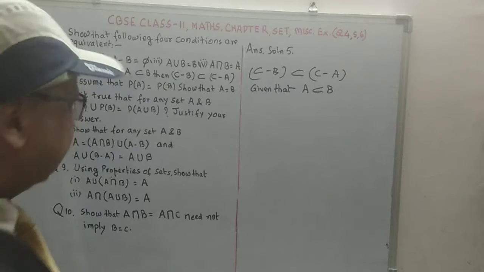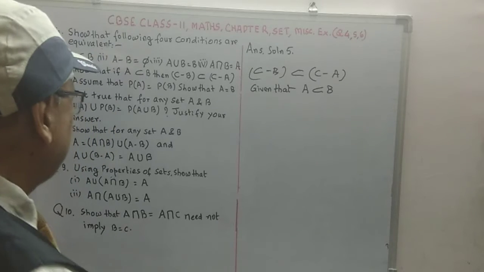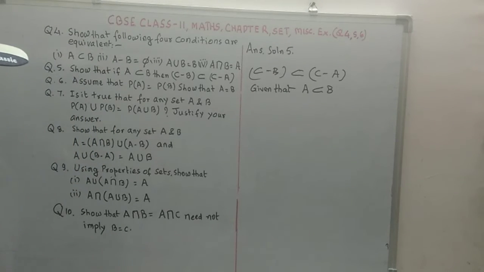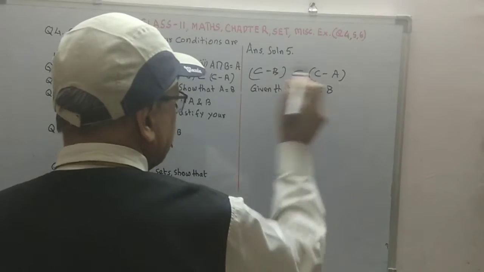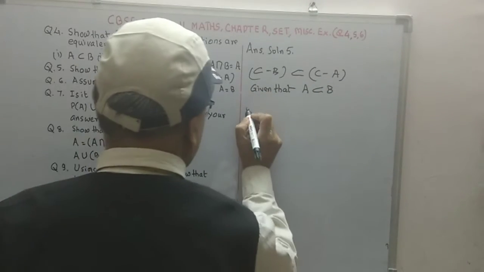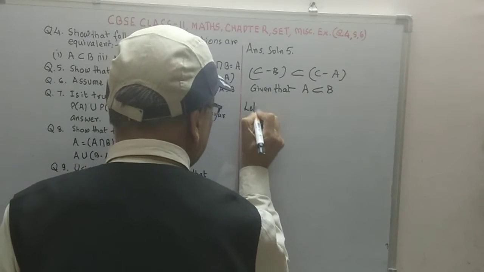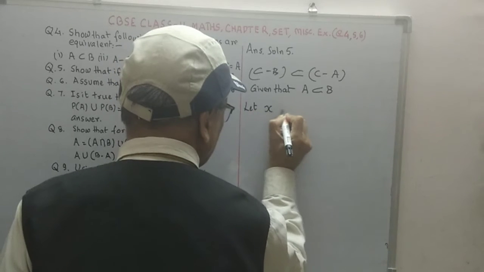Now we go to question number 5. Question number 5 says that if A is subset of B, then C minus B is subset of C minus A. Now given that A is subset of B, we have to prove that C minus B is subset of C minus A. And we assume let X belongs to